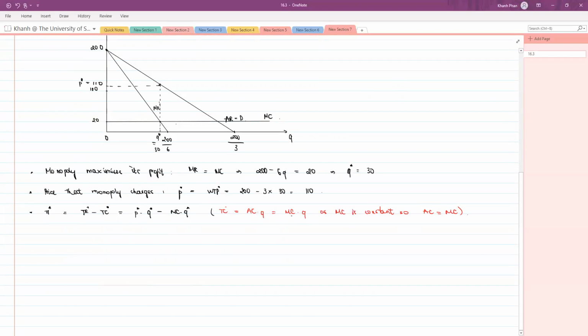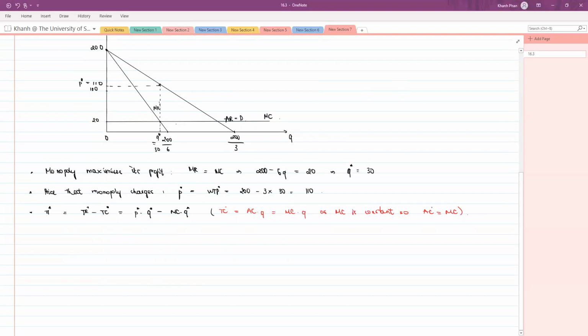If the marginal cost is not constant, then you will have to find the average cost, or find the total cost, instead of using the formula where the marginal cost is multiplied by the quantity. This only works if the marginal cost is constant, because that is the only case where average cost is going to be equal to the marginal cost. Otherwise it wouldn't work. Otherwise, in order to find the total cost,